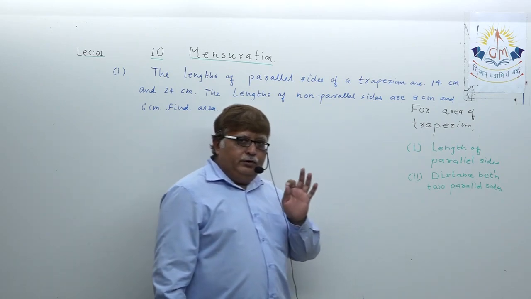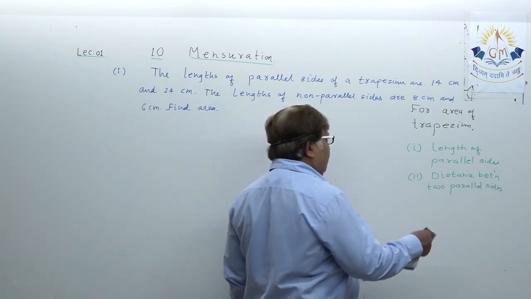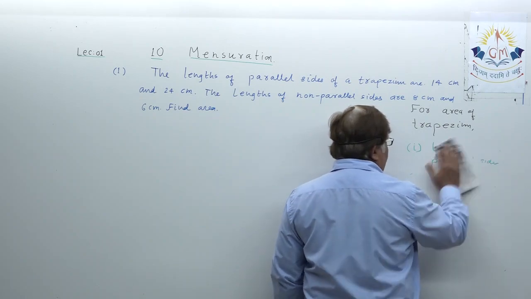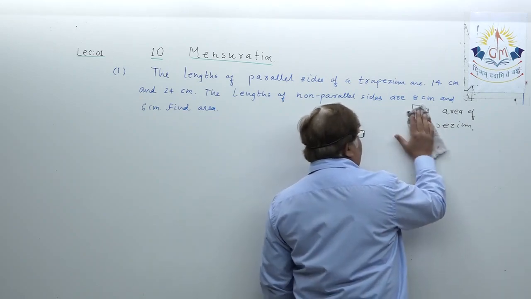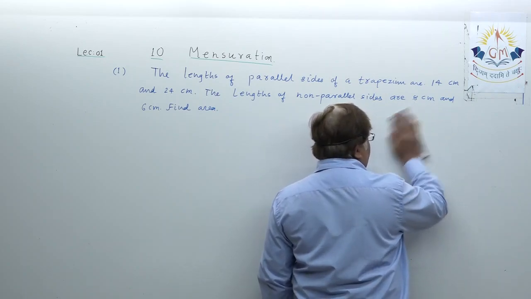This is the basic you need to stick to for solving any example to find area of trapezium. Here the sum is before you,